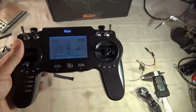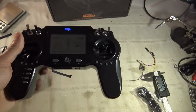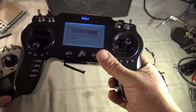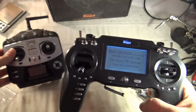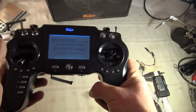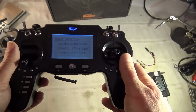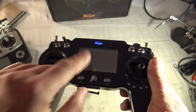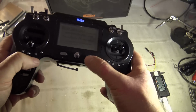Okay, so be aware of one thing: when you turn it on, the first thing is the power alarm ringing regularly. Why? Because by default, it's strange, but let's check that. The version of DeviationTX installed is the same as the Jumper, so they directly copied the special DeviationTX operating system for the Jumper onto this one. As you can read, T8SG, so this is his radio, so they probably copied everything. It means that for this one, the battery alarm threshold is set for 2S, because that one you must use a 2S by default, but here it is more 4AA, so it means that you will need to make some change,